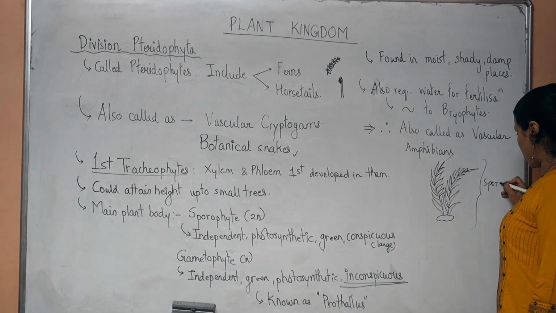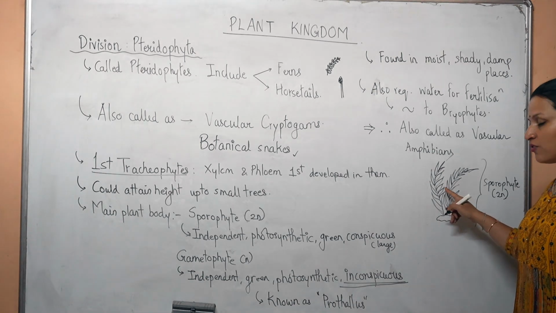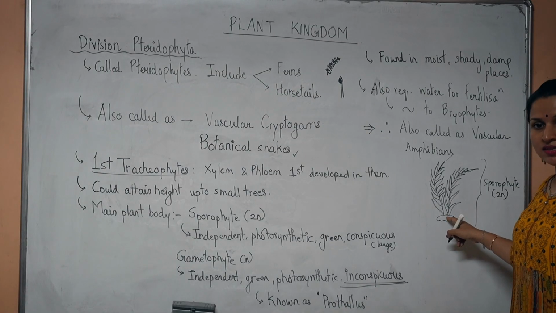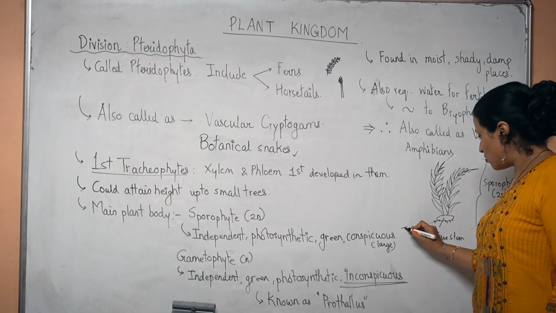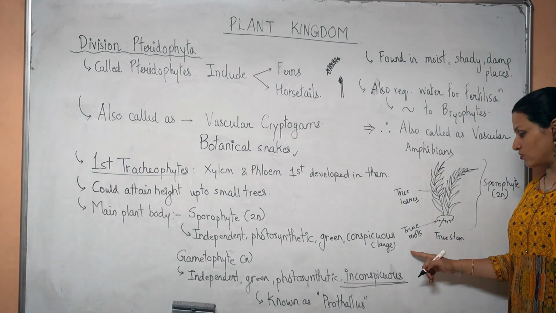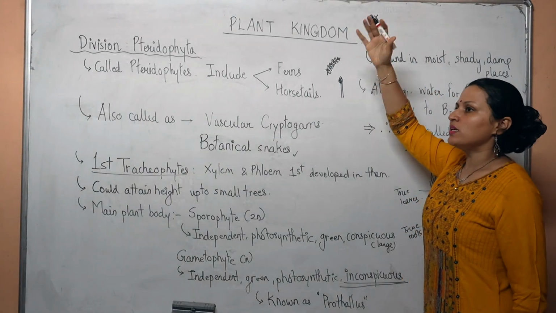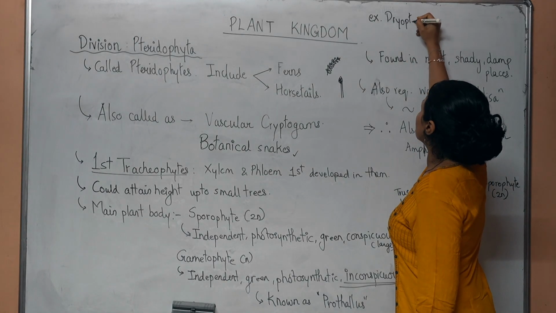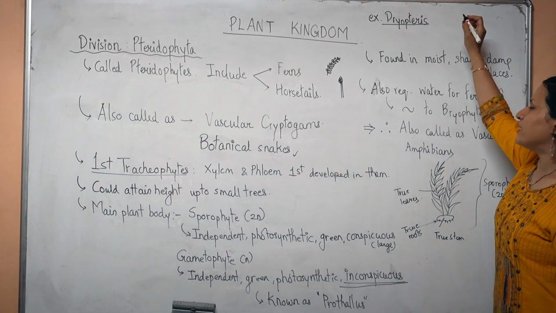This is the sporophyte, which is a 2N structure, and since it is a 2N structure, what you see over here as the leaves are actually true leaves. What you see over here is a true stem. There will be roots which will be 2N as well, true roots and true leaves. The sporophyte has true leaves, true roots and true stems, since this entire structure is a 2N structure. Some common examples of pteridophytes include Dryopteris. This is the most popular one. We will be doing the life cycle of Dryopteris to understand pteridophytes better.